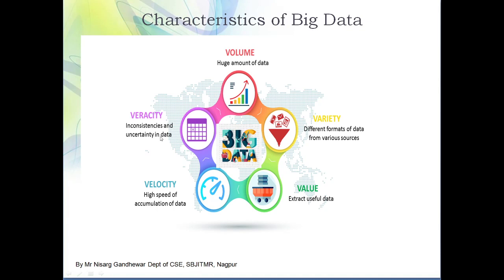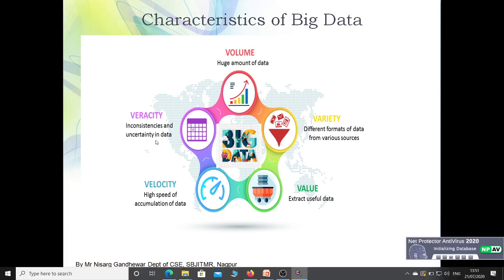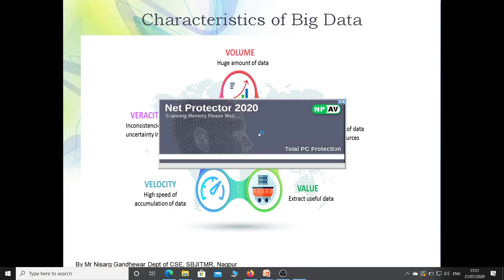So the fourth one is veracity. Veracity means consistency of data, quality of data. Veracity represents the quality of data. What does quality of data mean? Yesterday I told you that only having data is not sufficient. Nowadays, can we say that every company is growing? No, because the companies using traditional technology are not growing. The companies following the latest technology are growing. So everyone is having data, but it's up to you how you will utilize the data for the benefit of your own organization. That is important, so the quality of data is again a very important thing.